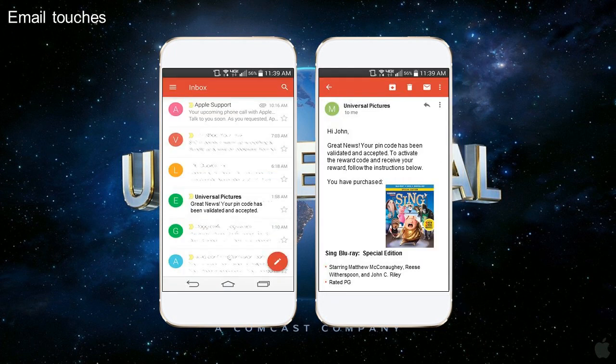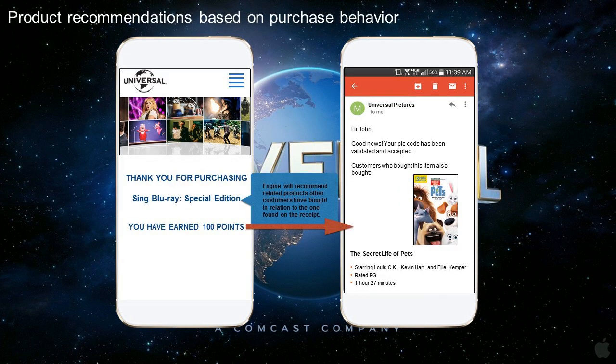We could also leverage this strategy via email. Here we communicate directly with consumers via the email addresses that we gather at the registration page. The consumer receives an email saying, thank you for purchasing Sing, and now we retarget the consumer based on their purchase behavior. We make a product recommendation based on what they had purchased.